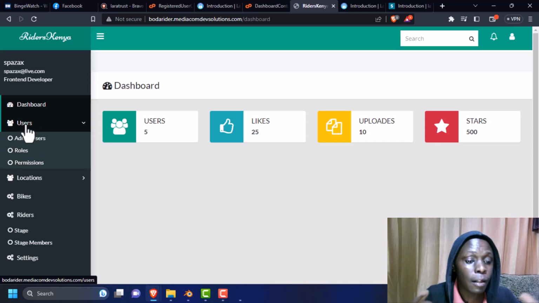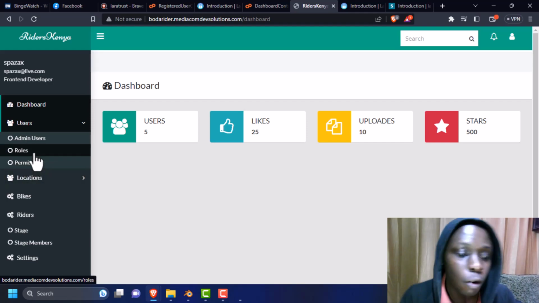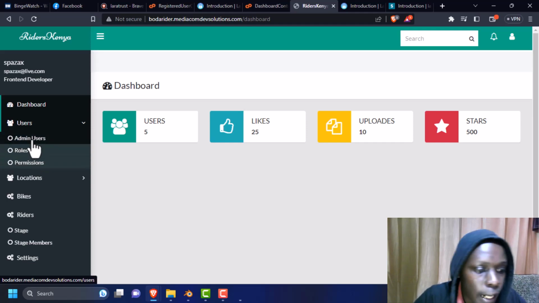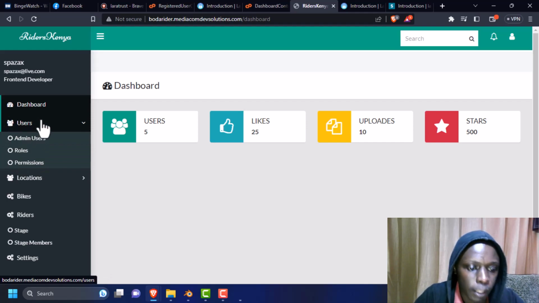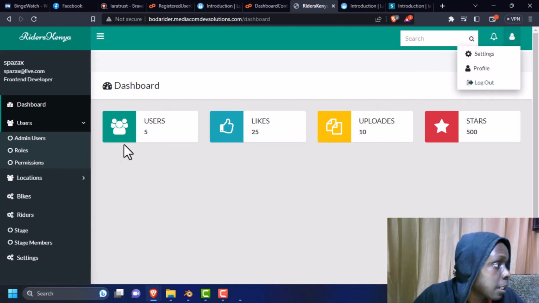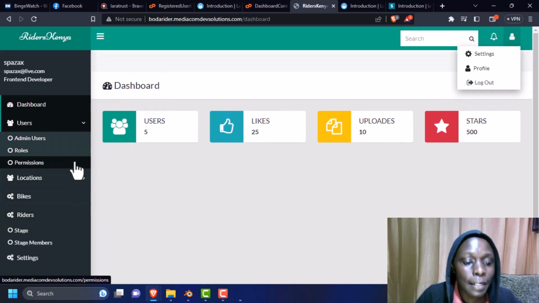Customizing the look and feel for that is a bit complicated. You will find there's an extra step where you have to redirect users when they hit a 404 page. But as you can see with Laratrust, if you register somebody and he is not in that specific role as a rider,